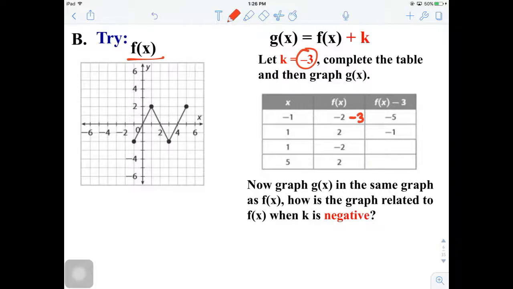So -3, we're going to get -5. -3, we have 2 minus 3, -1. Again, -2 minus 3, which is -5. And 2 minus 3 is -1 again. So using the original x and the new y, we got -1, -5, which is right there. And 1, -1,